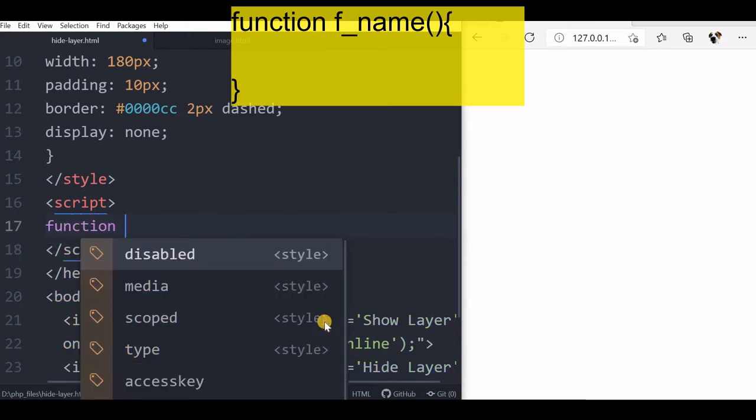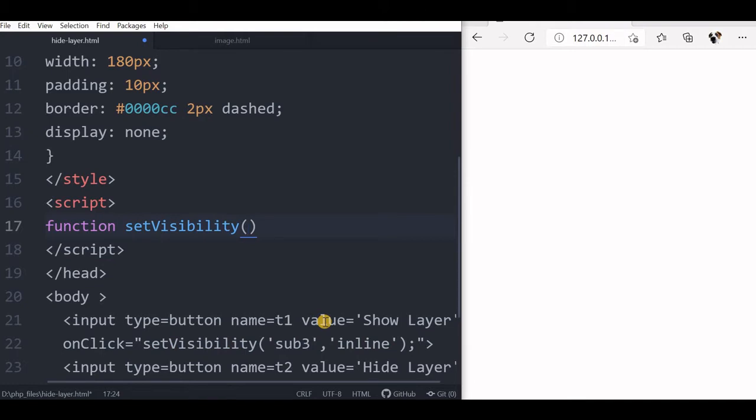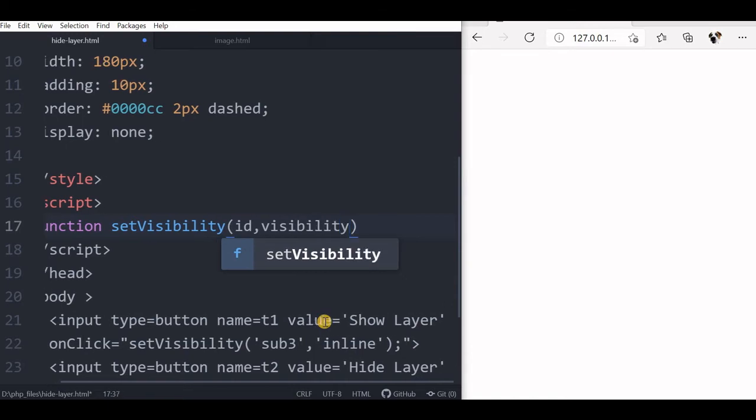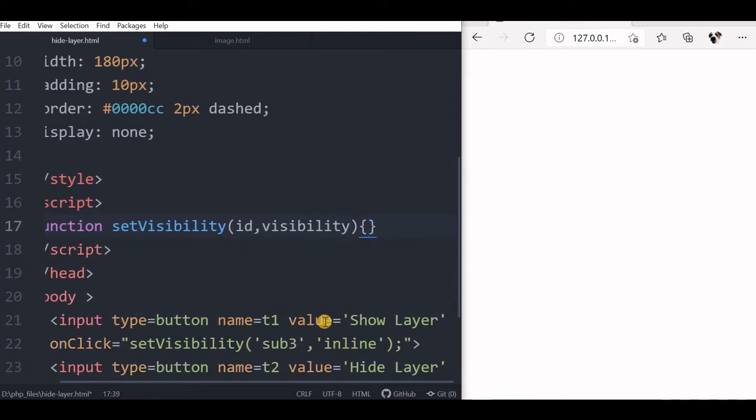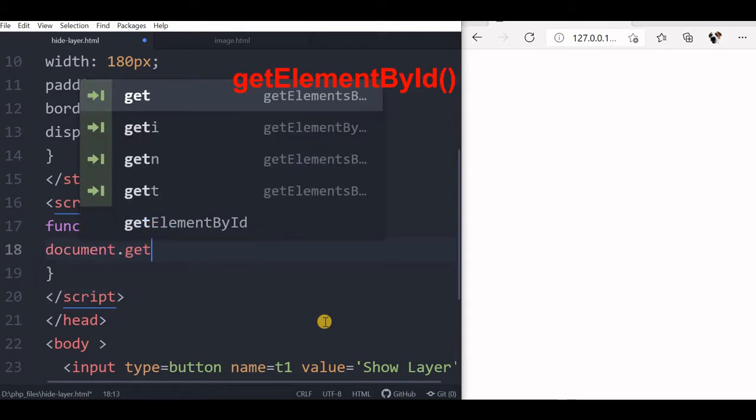Our function name is, as we have already called it, setVisibility. Now we are receiving two parameters. One is ID, one is the visibility. We are setting these two variables. This is our function. Now this is the important line by which you will be accessing the component and setting the property. So we'll say document.getElementById.